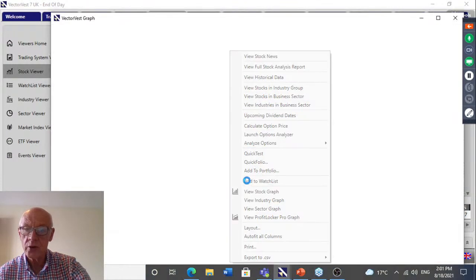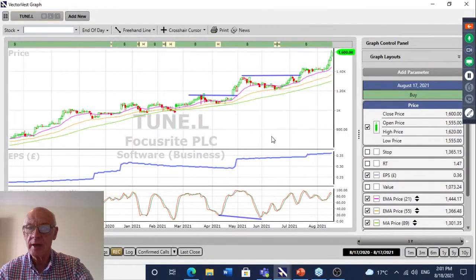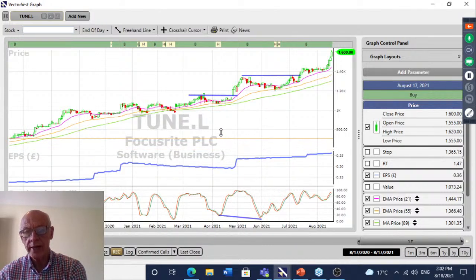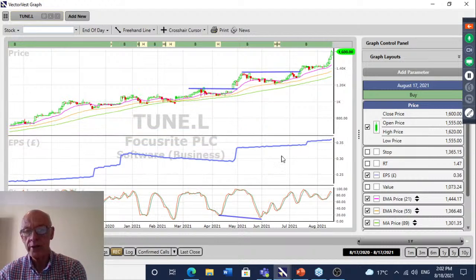If I pull up the chart, there's the chart, and as I say, I'm a technician at heart, but that's earnings per share growing, folks. This blue line is forecast earnings per share, and as you can see, over the last year, it's rising, and that's a big, big part of relative value. Now,